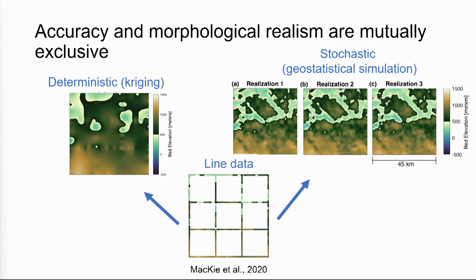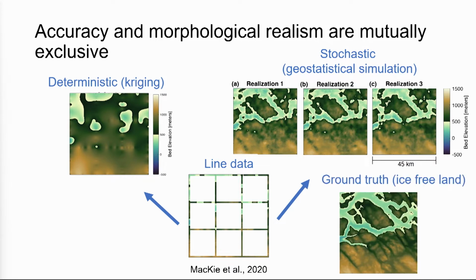In spatial interpolation, this can be done with kriging or with geostatistical simulation. In kriging, we use the spatial statistics of the observations to find the most accurate bed elevation value at a given location. And in geostatistical simulation, the objective is to reproduce the spatial statistics of